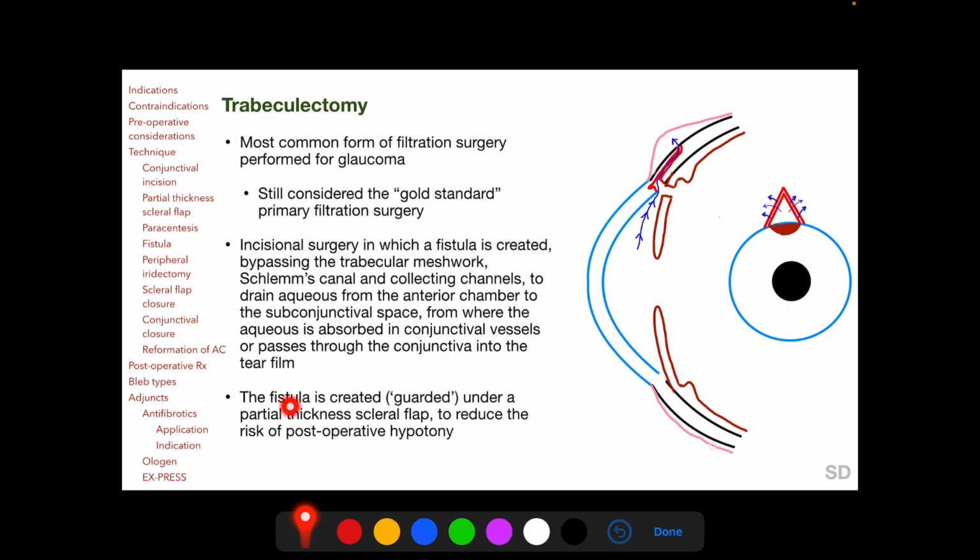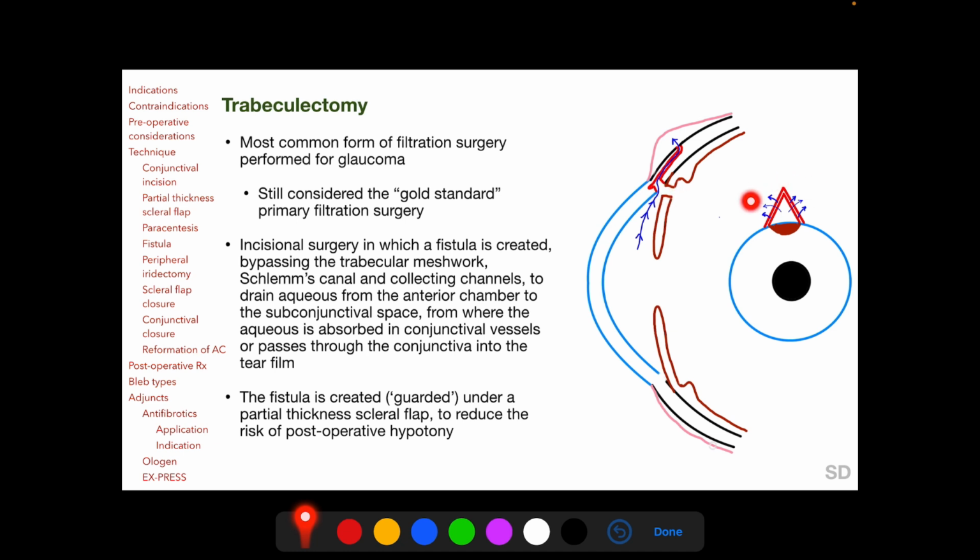The fistula is created or guarded under a partial thickness scleral flap to reduce the risk of post-operative hypotony. So this diagram shows the fistula of a trabeculectomy transferring aqueous directly from the anterior chamber to the subconjunctival space, and the fistula itself is guarded under a partial thickness scleral flap. The inner opening of the fistula is called the internal ostium, and adjacent to the internal ostium we also see